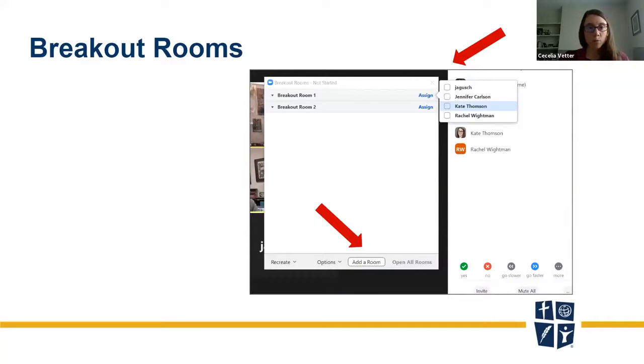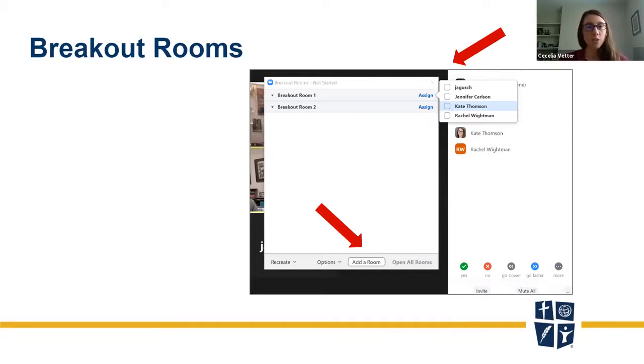Once you click on that, next slide, you're going to get a pop out, and it starts out with just one breakout room, but there is a button at the bottom that says add a room. You can add as many rooms as you want depending on the number of students and the activity you're doing. This is a description of how I assigned people to breakout rooms in a live session, so we were already in the middle of a meeting.